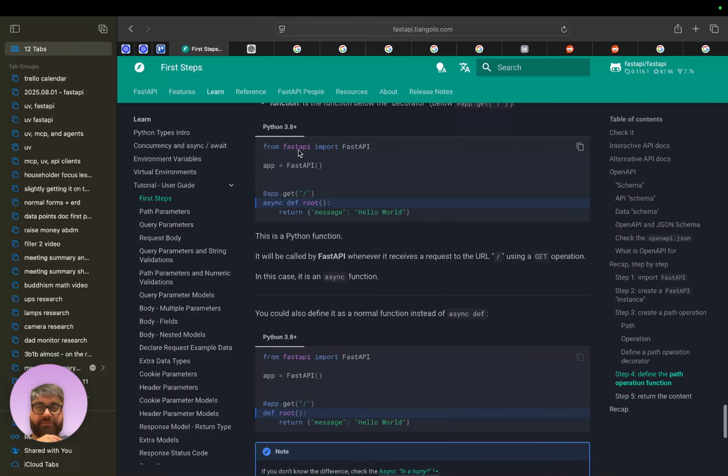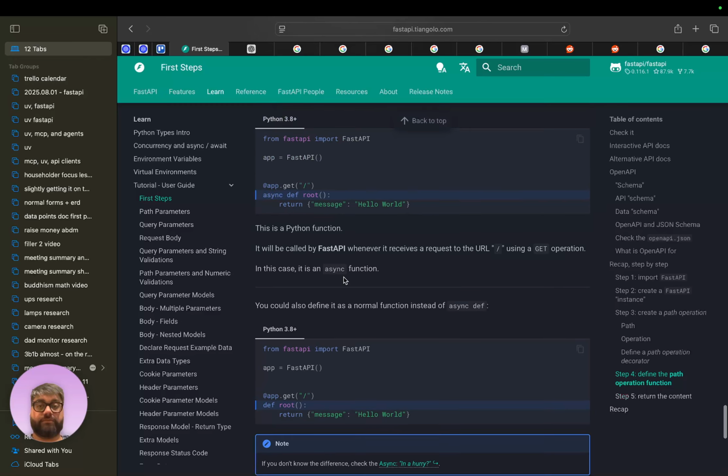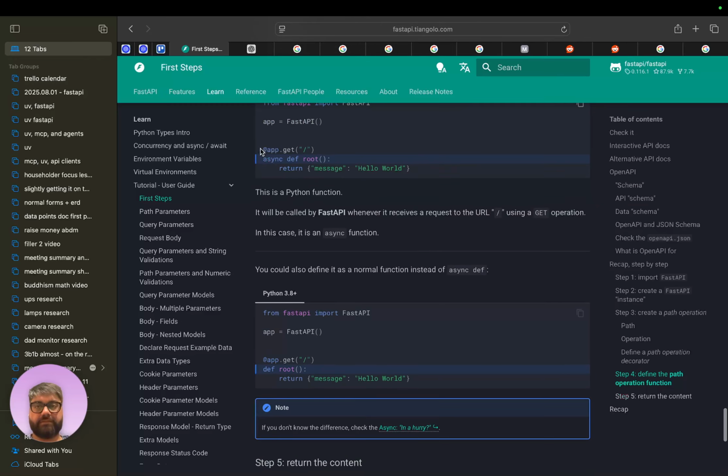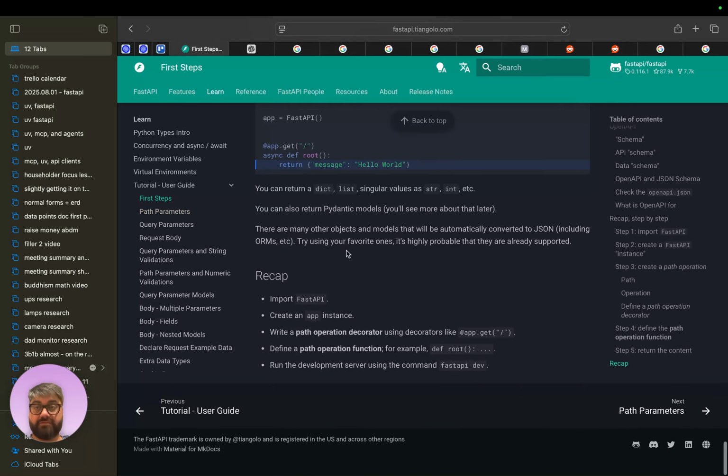Is there some other function in this library FastAPI, or specifically within this instance of the class of FastAPI, that I can use called app.get? It takes one parameter, which is the path, and then this function takes this function and does something with it that allows it to be exposed as an endpoint. I don't know what that is, but that's essentially what decorators are and what they do. And so that's what's up with this at syntax. And yeah, it's pretty straightforward for first step.